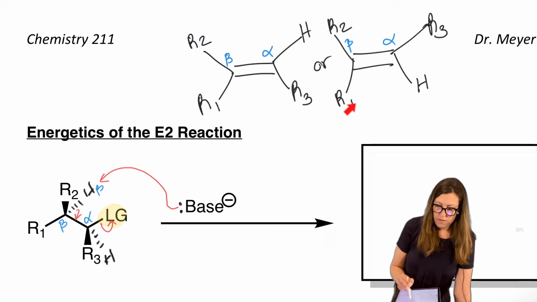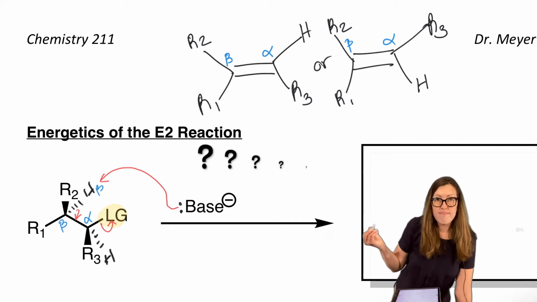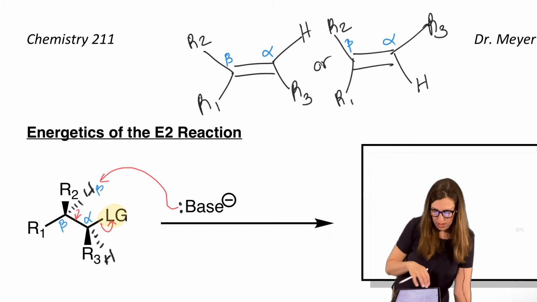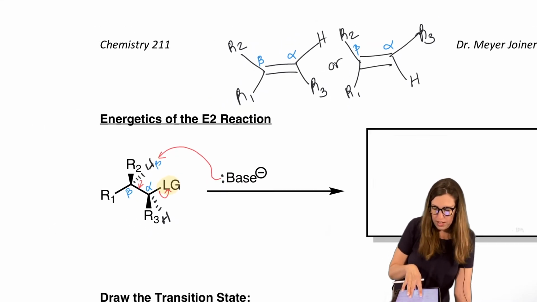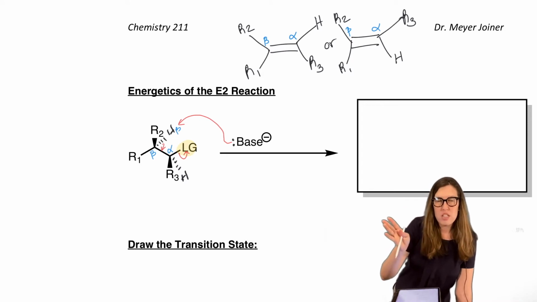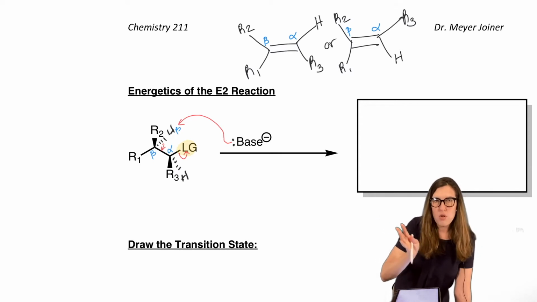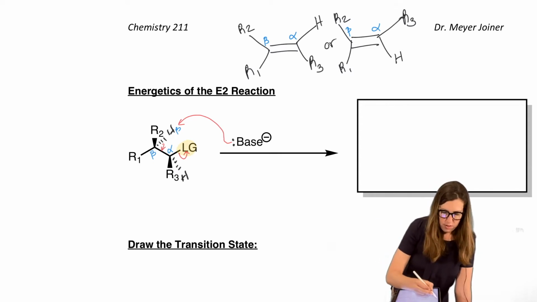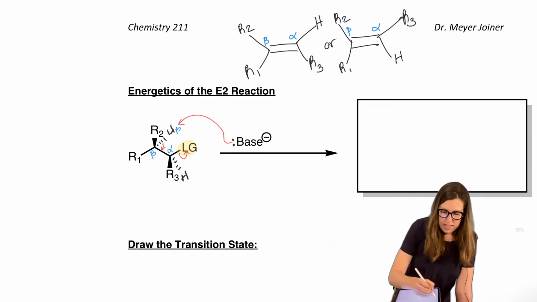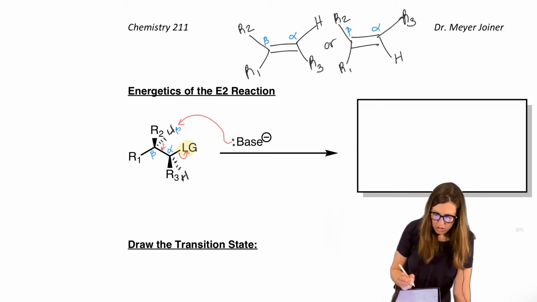So knowing that these are different, which one am I going to make? There's only one possible, and that brings in our new rule. It's a key feature of the mechanism. Just like SN2 required backside attack, E2 requires opposite attack of the H from the leaving group. But this is the anti-orientation we're going to refer to this as, because it's not really the same as attacking a carbon. It's taking the H away. So it requires anti-deprotonation of the H on the beta carbon.